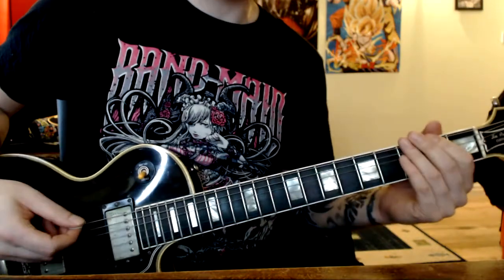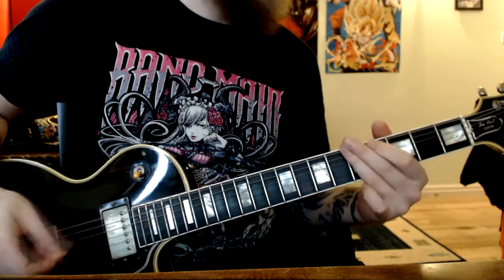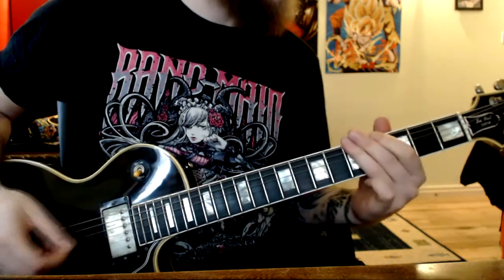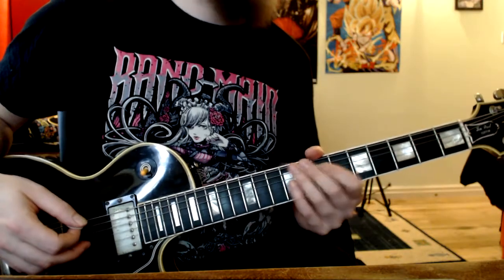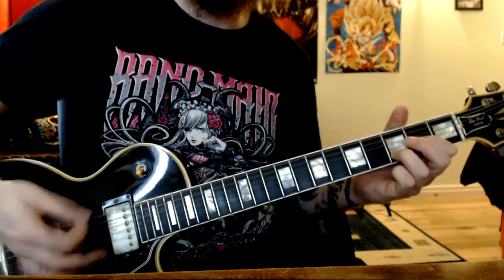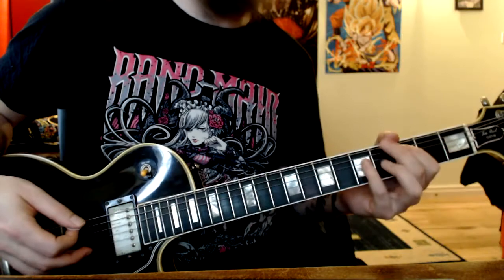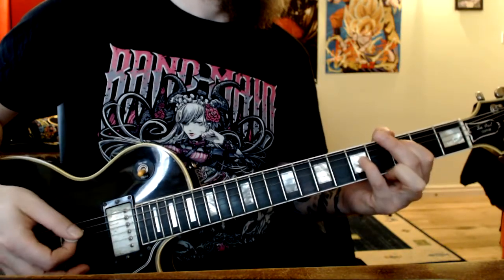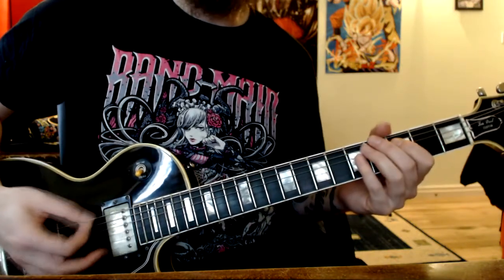Okay, so that's just 2 open, 2 open 2, up to 5, up to 7, up to 7 again. Then we've got the last part of the chorus, which is, okay, just a muted power chord section between C and D. So the strumming pattern is